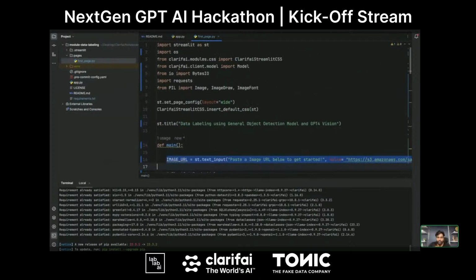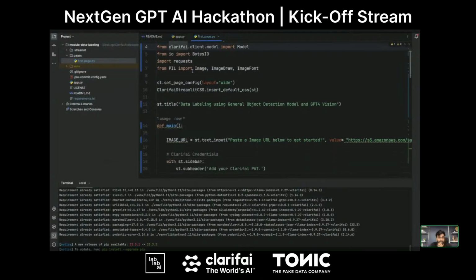So you can see I tested out my use case in the Colab notebook. I tested whether we can use GPT-4 Vision for object detection. It's not possible, so I used one of the object detection models from Clarifai and built a use case around it. Then I came to PyCharm and coded my front end, the UI, using Streamlit. That's to summarize everything I've just done.